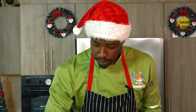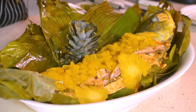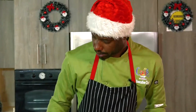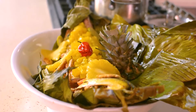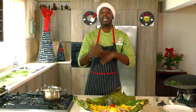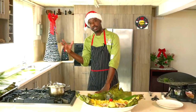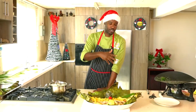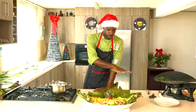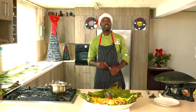It has some lime wedges, all citrusy and nice. Let's add this throughout this fish. So there you have it, ladies and gentlemen, your roasted banana leaf wrap Mahi-Mahi, fresh caught Mahi-Mahi, stuffed with Eclipse biscuit stuffing with okras and carrots, and a nice homemade pineapple clove dressing on top of that. For all those lovers of fish who doesn't eat meat,